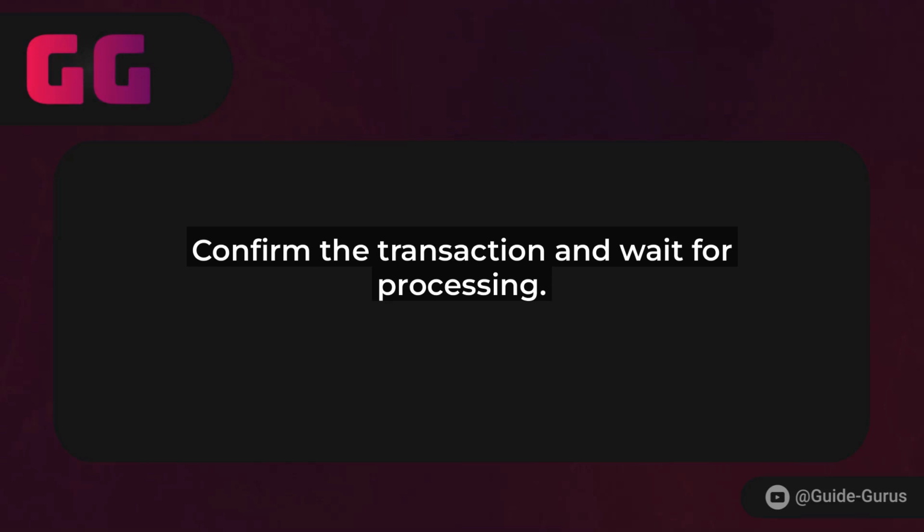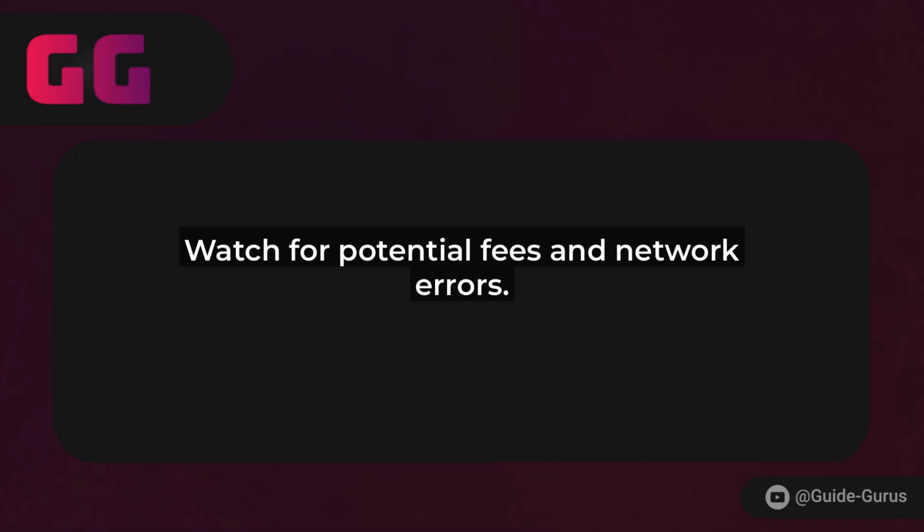After initiating the transfer, Binance will process it, and it might take a few minutes to an hour depending on network congestion. Keep an eye on your MetaMask for the incoming transaction. Pro tip: always verify the network to prevent sending funds to the wrong chain, which could mean losing your assets forever. Also, be aware of withdrawal fees on Binance. They're usually small but worth noting.